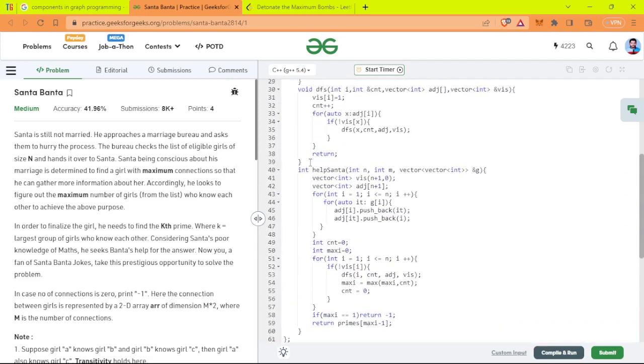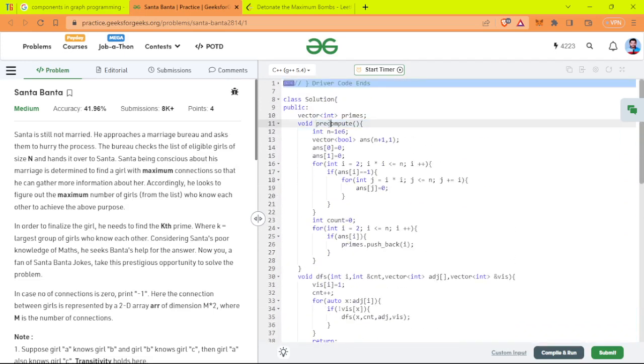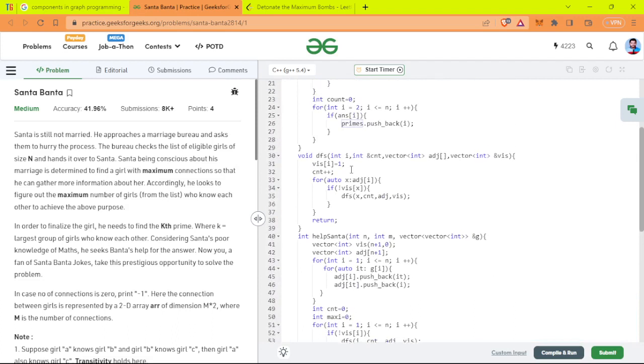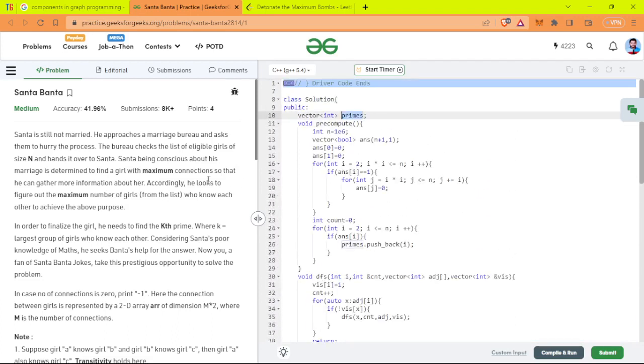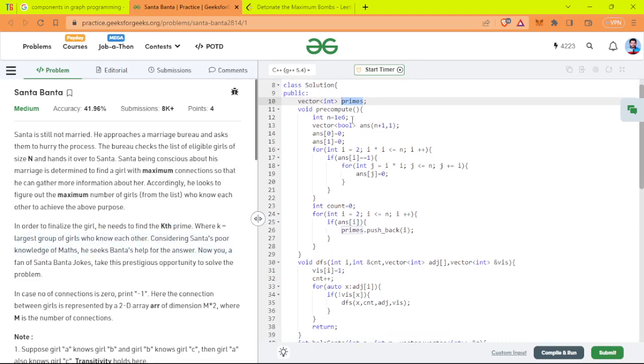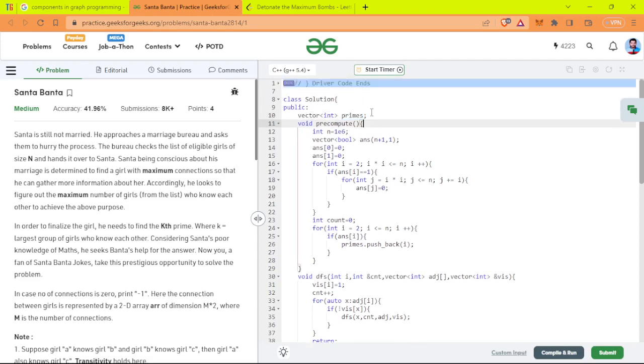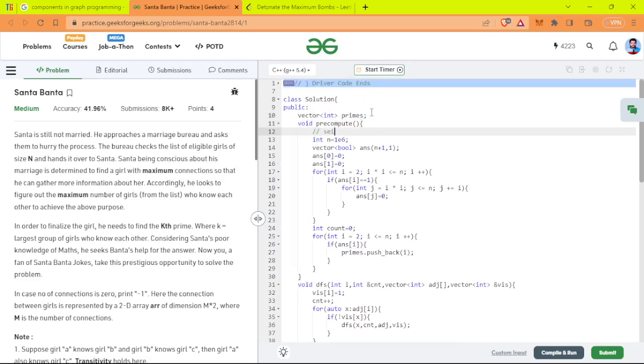The pre-compute function will calculate the prime numbers, and using those prime numbers we need to return the kth prime number, and k is also what we need to calculate. K is the largest group of girls that know each other. Okay, so let's first see how we can calculate the prime numbers. So basically we are using the Sieve of Eratosthenes